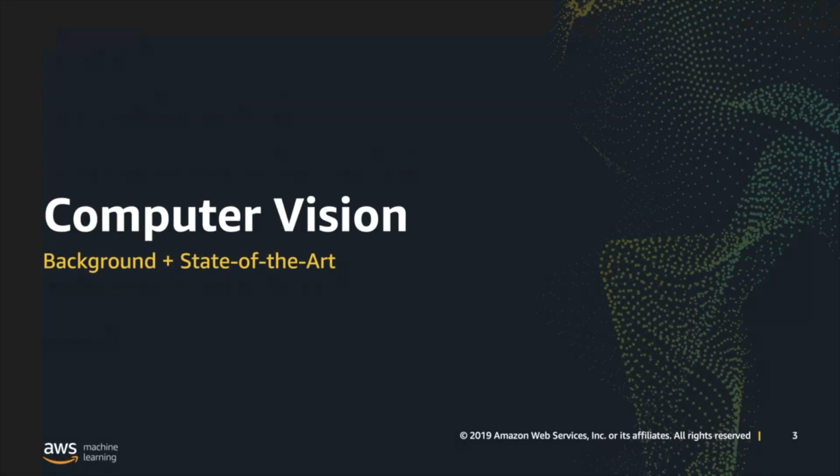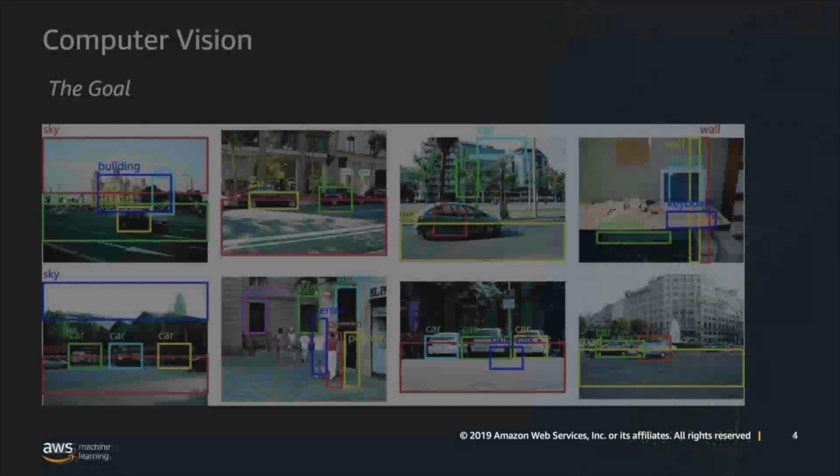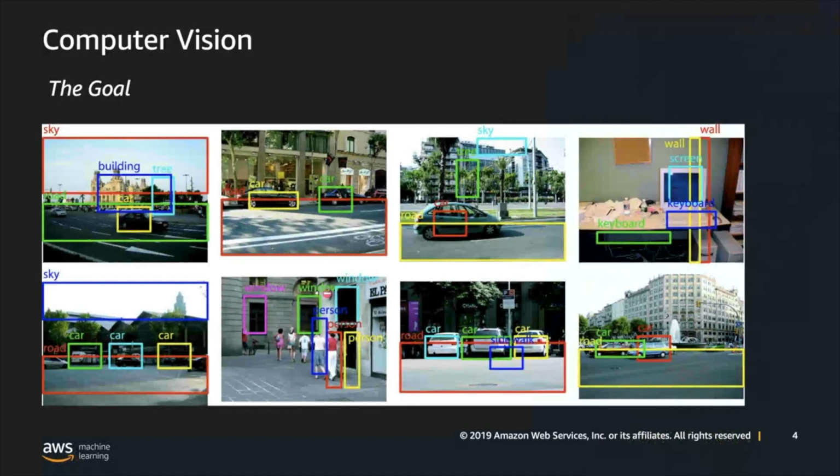Like I said, to start with, I want to give you a bit of a background and some fundamental pillars that computer vision is based on. And just to kick things off, I'm not sure if you've all seen this before, but this is one of the goals. There's many goals in computer vision from many different stakeholders and perspectives, from a researcher, from an implementation perspective, and from the business perspective. But let's just say the ultimate goal for computer scientists and computer vision is to be